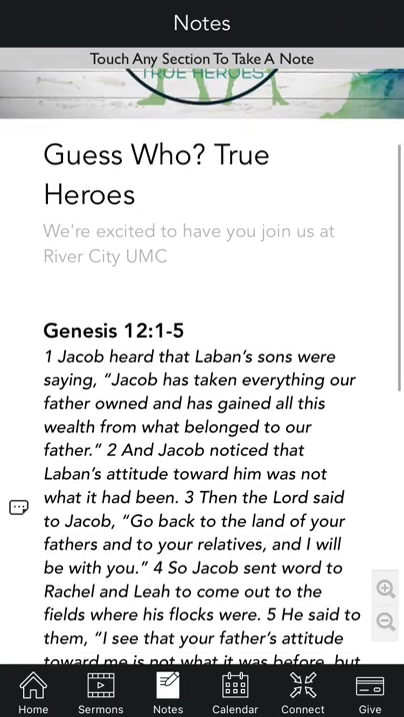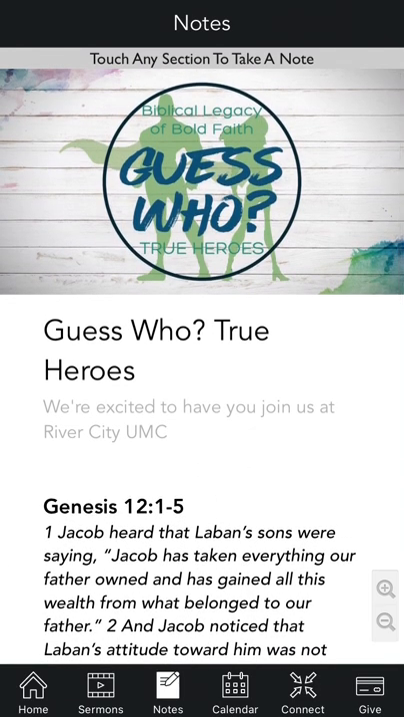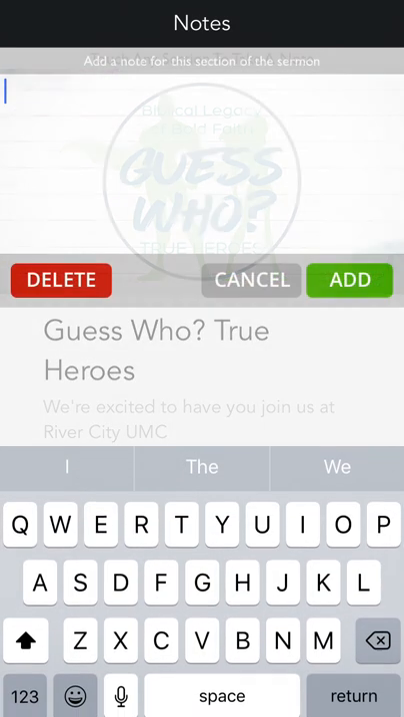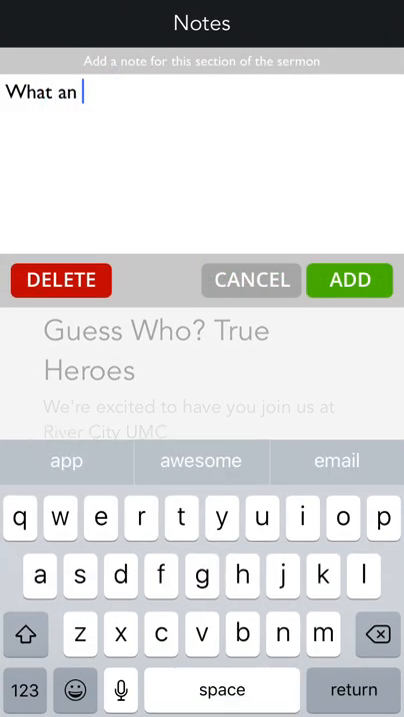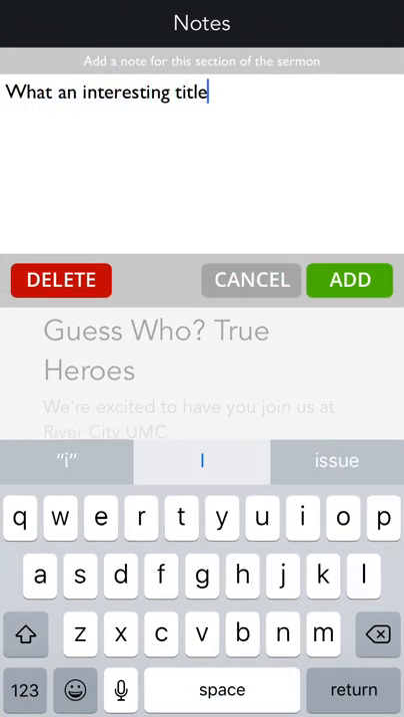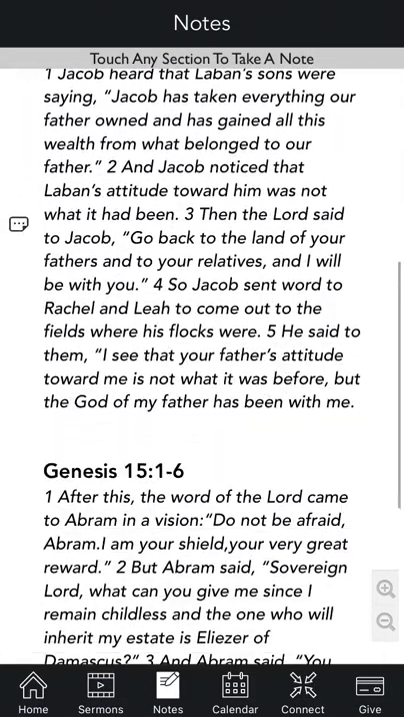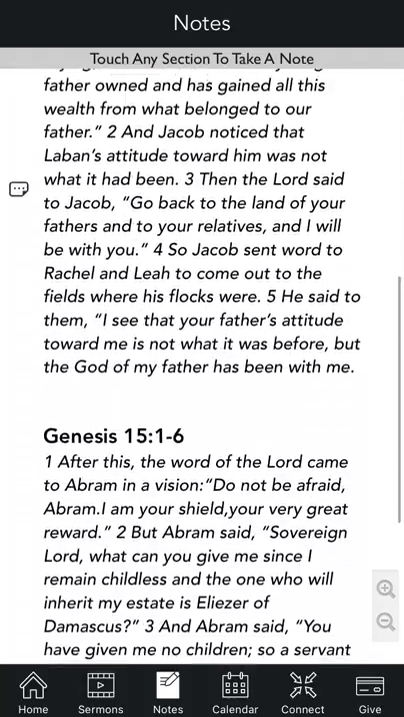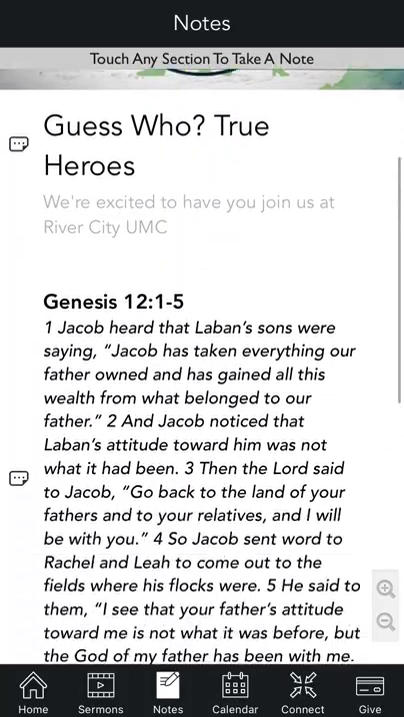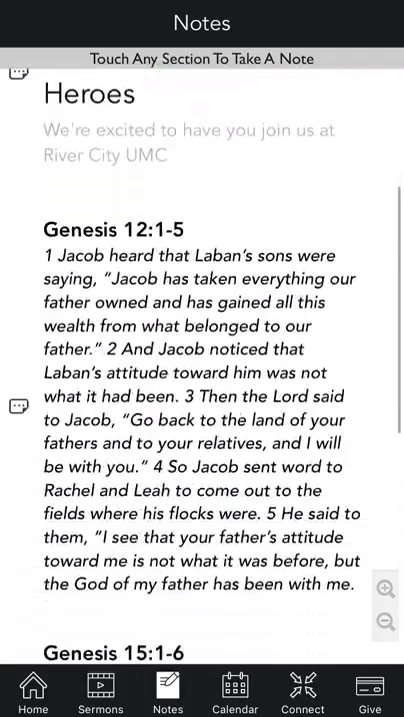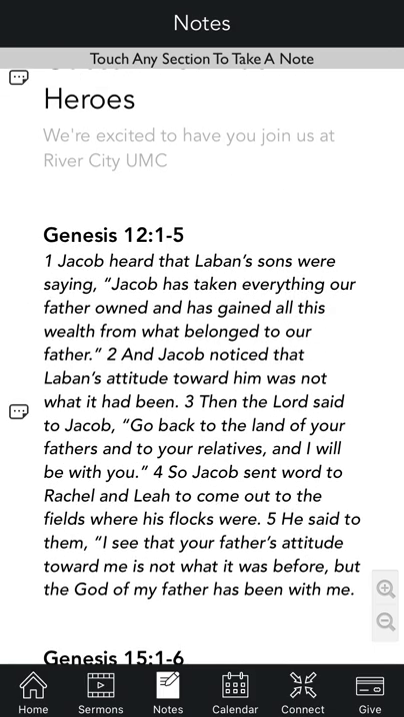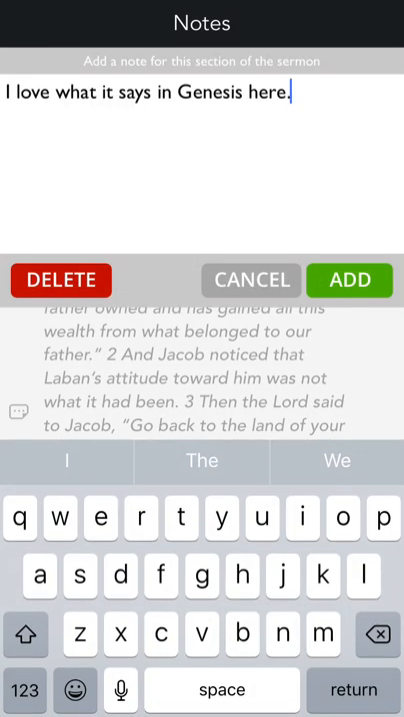taken a note there. So I'll scroll up and say, you can see the title, Guess Who? True Heroes. I'll say, what an interesting title. So you can see now, as I scroll quickly through here, it's really obvious where I've taken notes, because on the left-hand side of the screen, you can see that little indicator showing where I've taken notes. And if I go ahead and tap back into Genesis 12, 1 through 5, there is the note I took